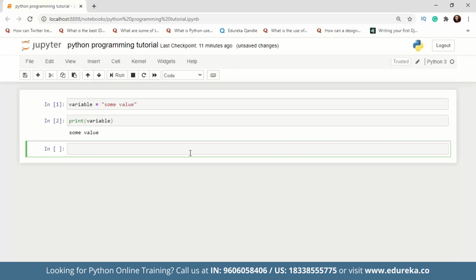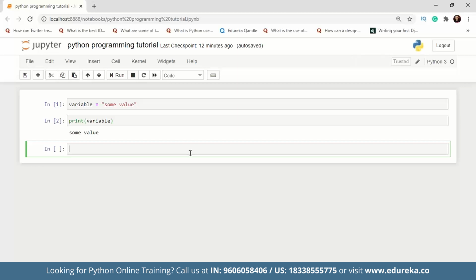And so let's talk about naming conventions. Naming conventions are nothing but certain rules that you have to follow while declaring a variable. These are some of the conventions that you should follow to write clean code. Right. So the very first rule or convention that you have to follow is that the variable name cannot start with a number. It can only start with a letter or an underscore.